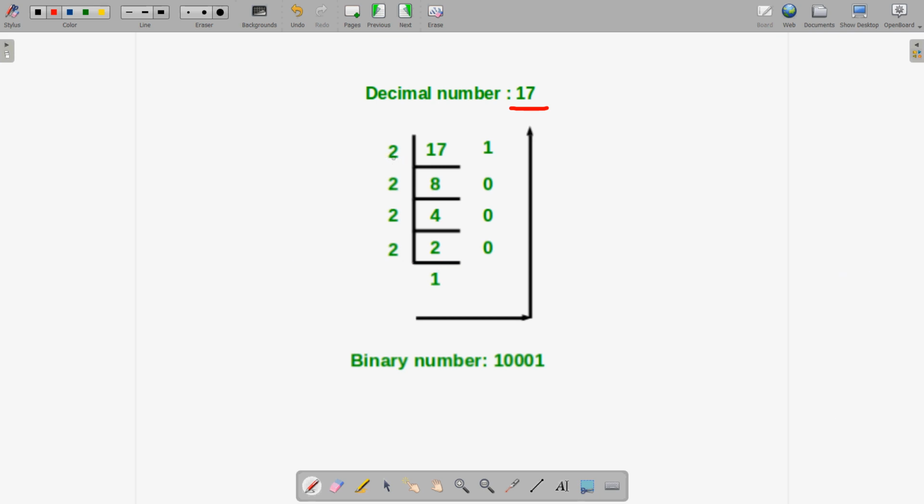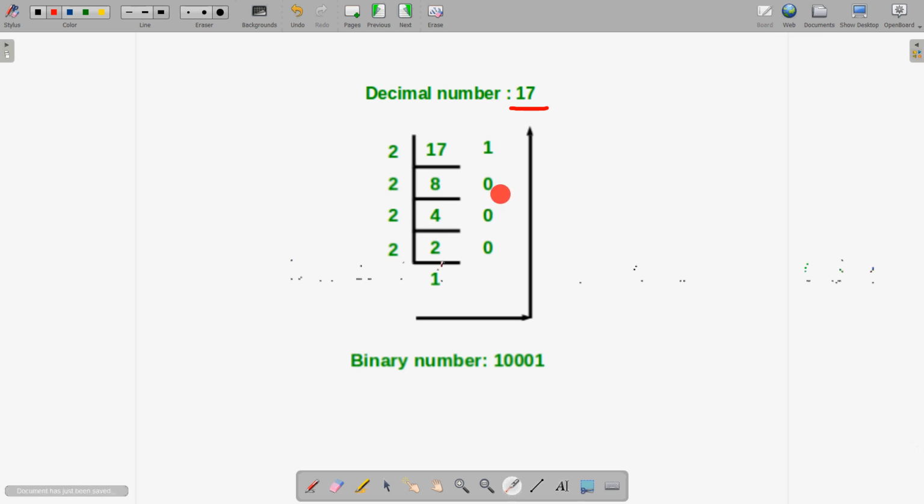17 divided by 2, then we have got the quotient as 8, 2 8s are 16, and remainder we have got 1. Clear? So we are using 2 to divide 17. So quotient we have got 8, 2 8s are 16, and remainder we are writing on this side. So here remainder is 1. Again we are doing successive division. We will see till when we are doing the division. Now 8, so again divide 8 by 2, 4 2s are 8. We have written 4 as the quotient here, and remainder is 0.